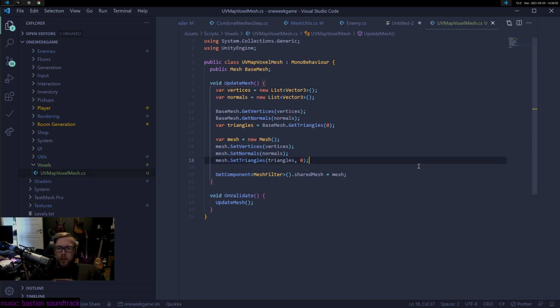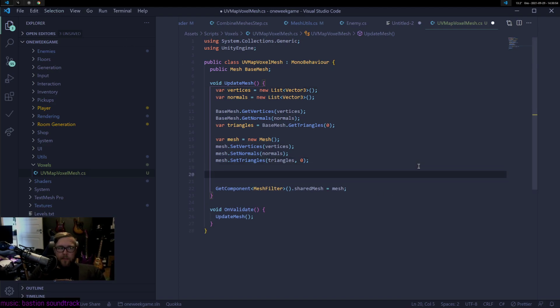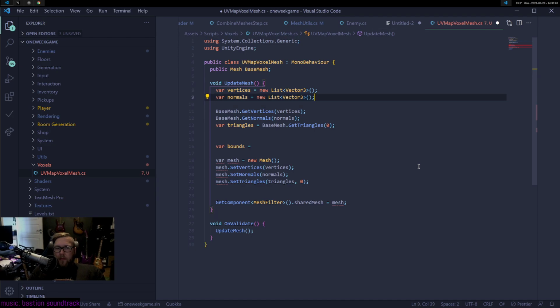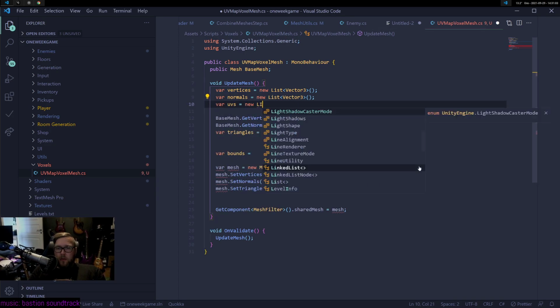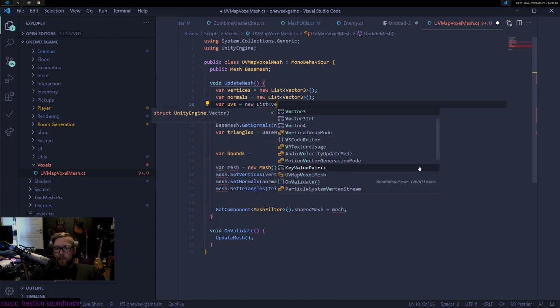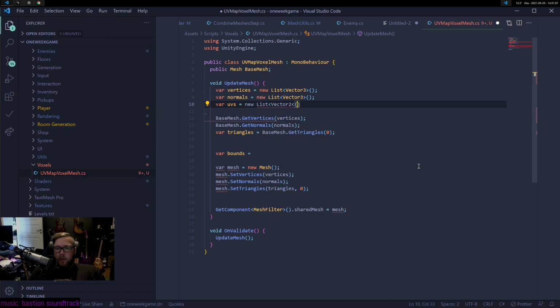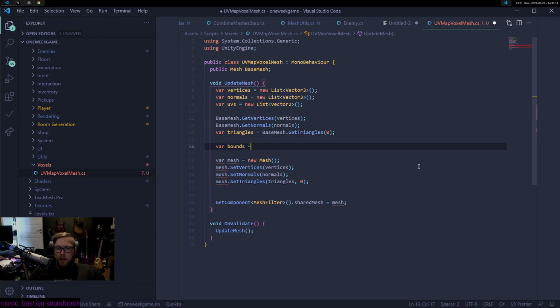So we should be able to create like a bounds. So we want to have var UVs, new list of Vector2. We're not going to use whatever is coming in, so we want to get the bounds of the object so we can create for each vertex a